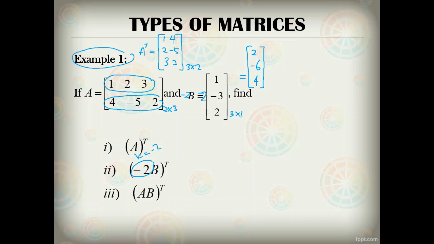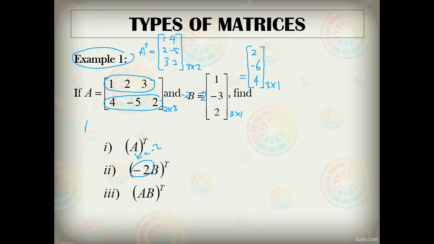Okay, so it does not change anything. It is still a 3 by 1 matrix because you only multiply the scalar to the matrix B. Okay, so before I proceed to the third example, please take note that